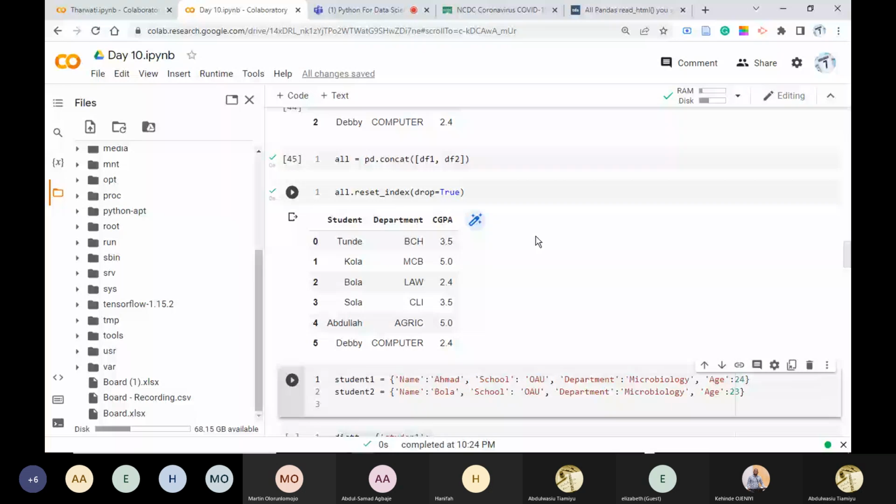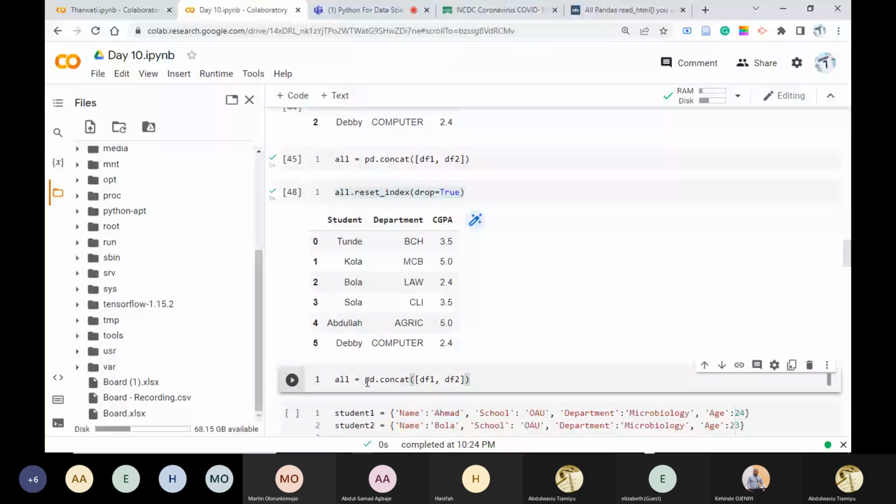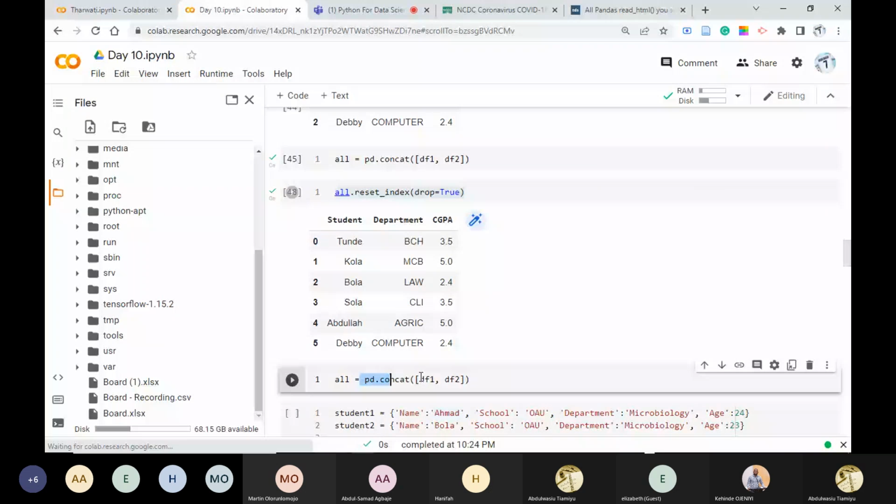That's when we drop the unwanted column. We can now rename it as our data frame, since that's exactly what we need. So we can say all is now equals to all, okay, you can say all is equals to df.reset index. So that's combination